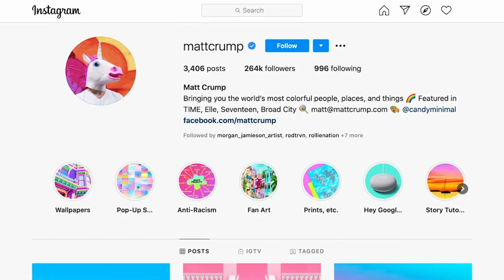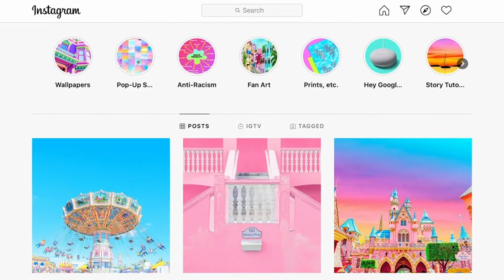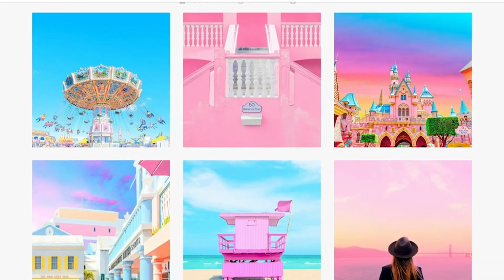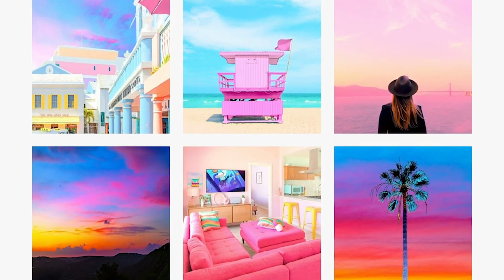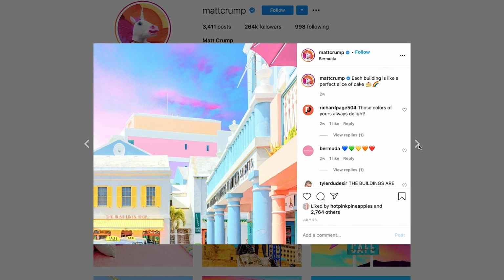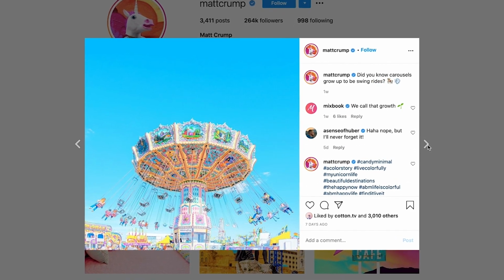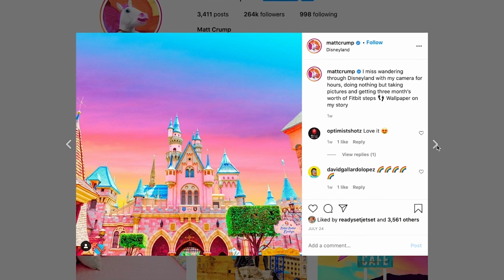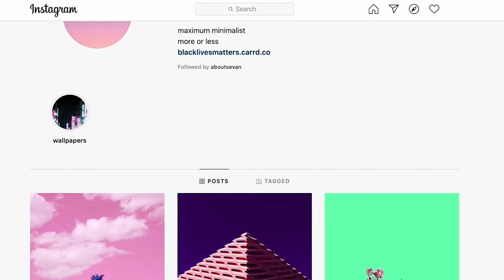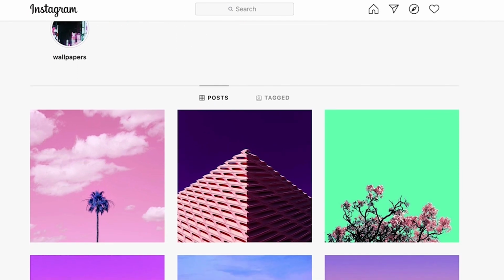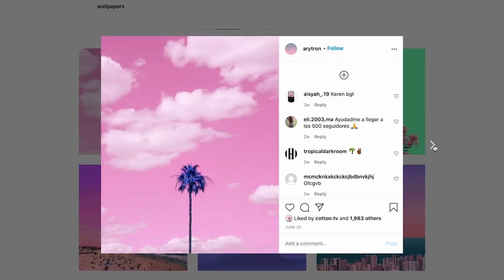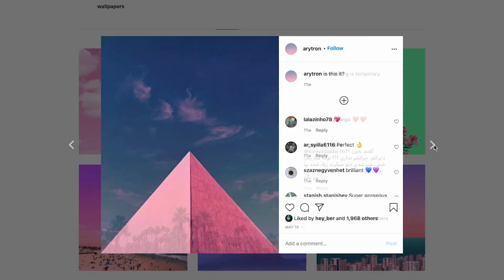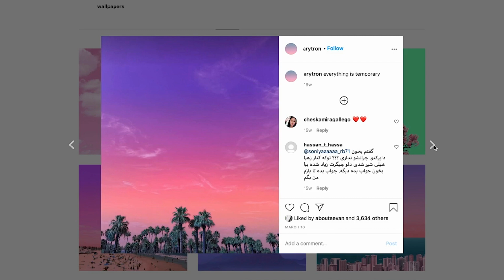With the consistency of his bold, bubblegum, rainbow aesthetic, artist and Instagrammer Matt Crump's work shows the use of vivid colours in action. The clarity of the images he creates evokes a tangible sensory response so strong you can almost taste the candy. In a similar vein, artist Aritron's work displays the dramatic use of vivid colours, restricting the palette to just one or two highly saturated hues to achieve a moody result that really packs a punch.